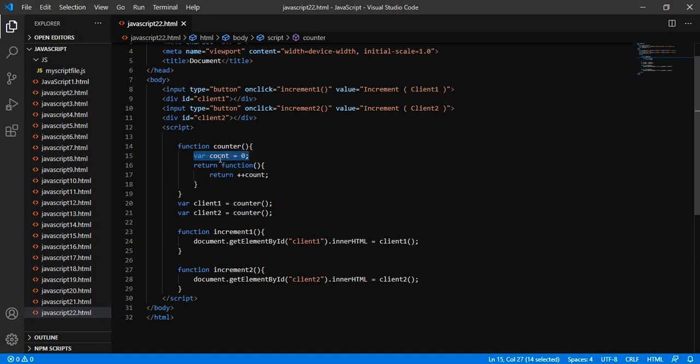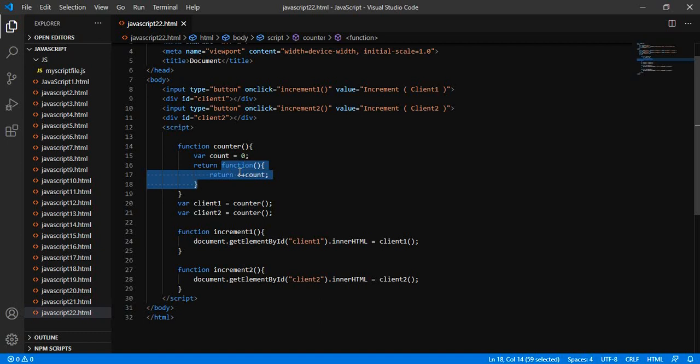But when we define the count variable inside the function and initialize it to 0, and then try to increment, every time it starts from 0 and assigns only 1. But this time we are executing this scope only one time and getting the function in return, and when we call this function, we get the increment of this count.